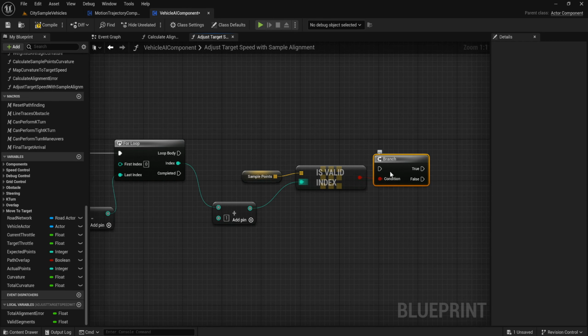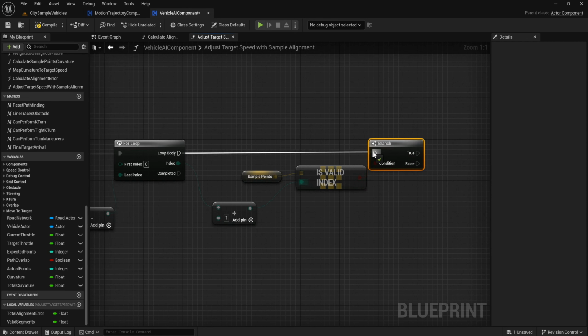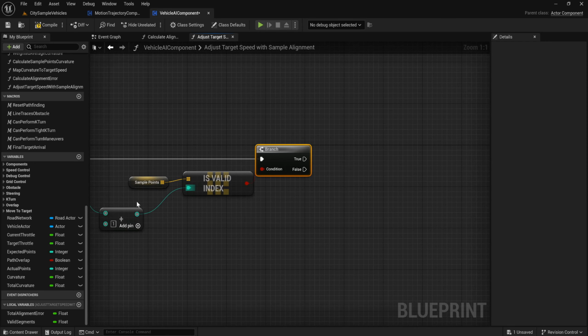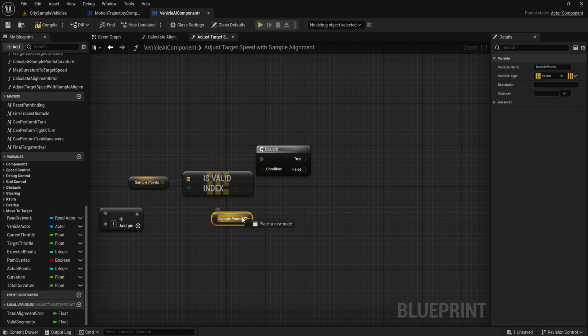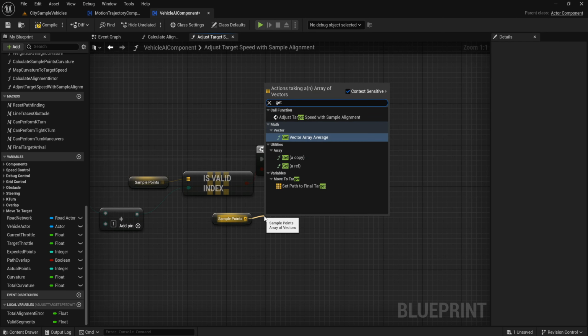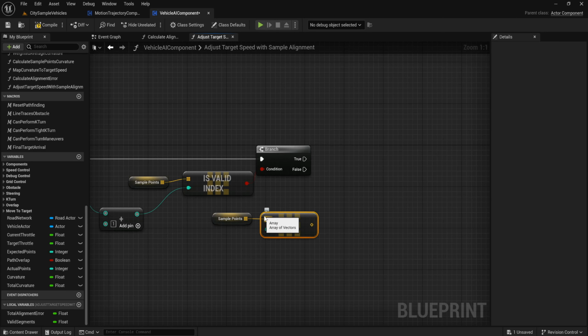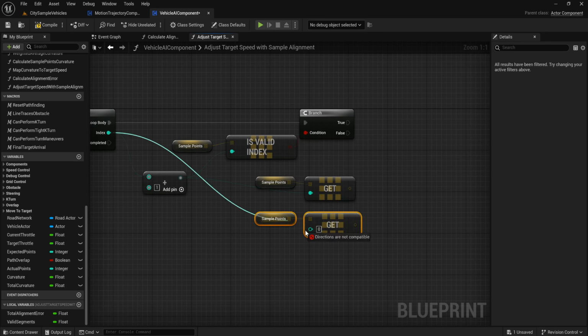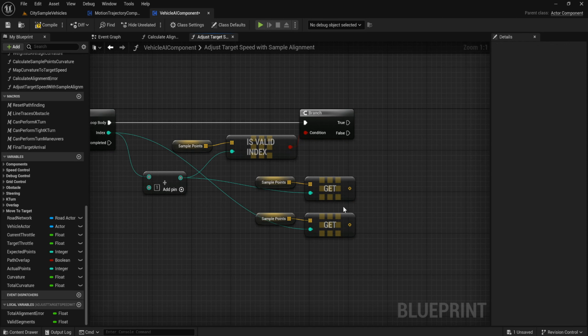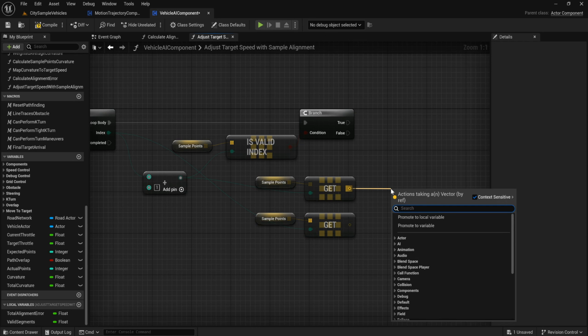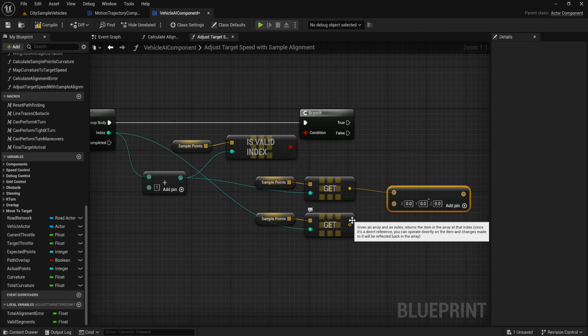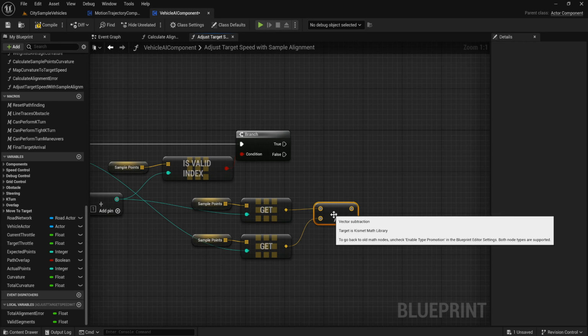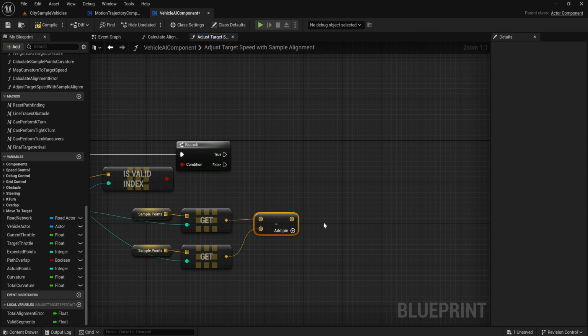We continue when it is true. We get this sample points, get reference, and use this index, add with 1. Copy and use this index. The next index subtract with the current index. Normalize,